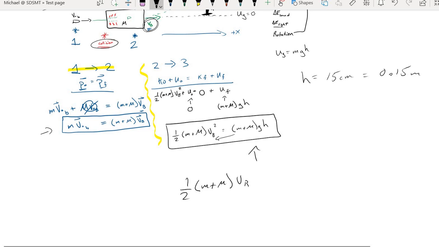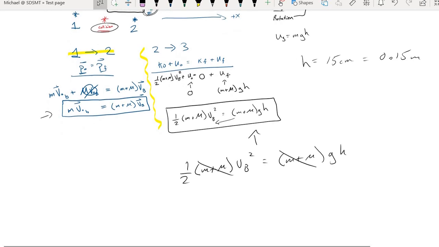However, if you didn't catch it yet, we've got the same amount of mass on each side of this expression, so we really don't even need to know it. We don't need to know the mass of the bullet and the block just yet. To get the velocity of the block after the collision, all I need is the height that the block achieves after the swing. So rearranging what we have there gives us square root of 2gh,